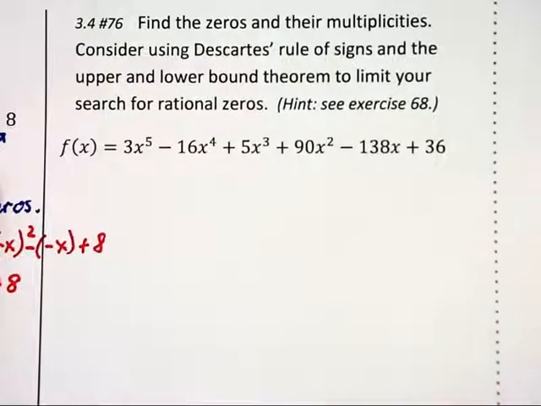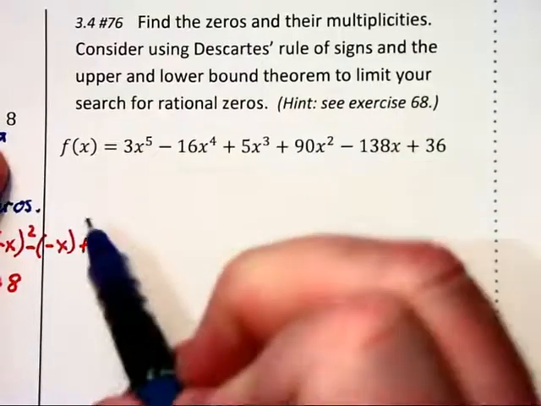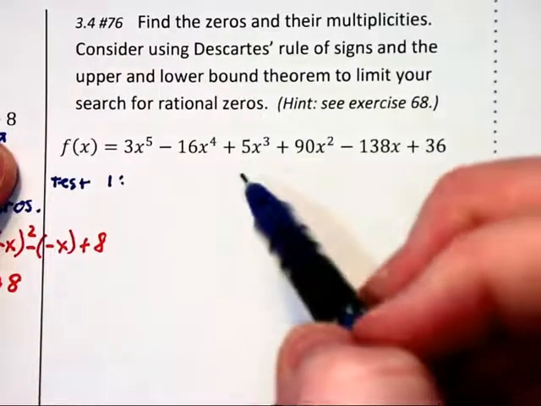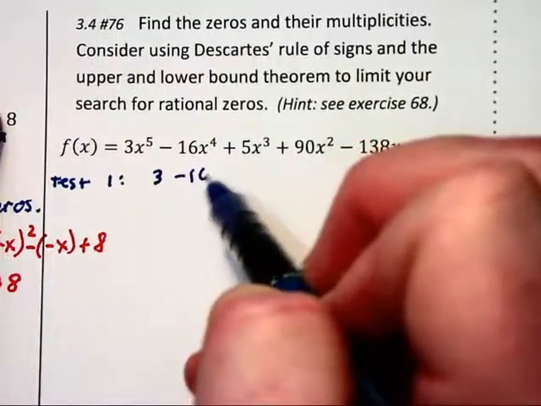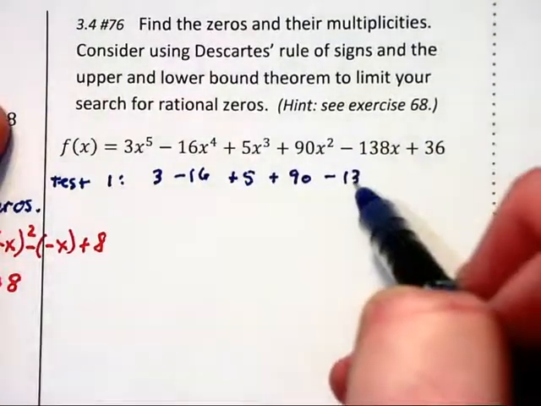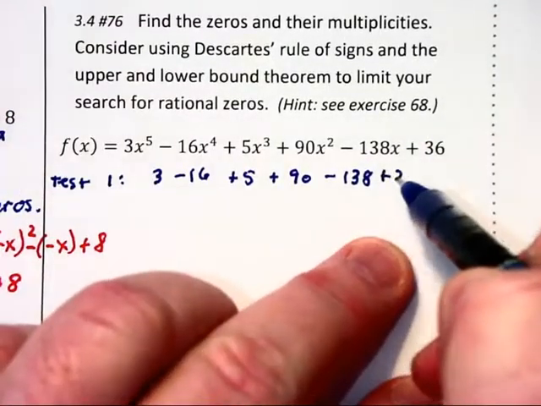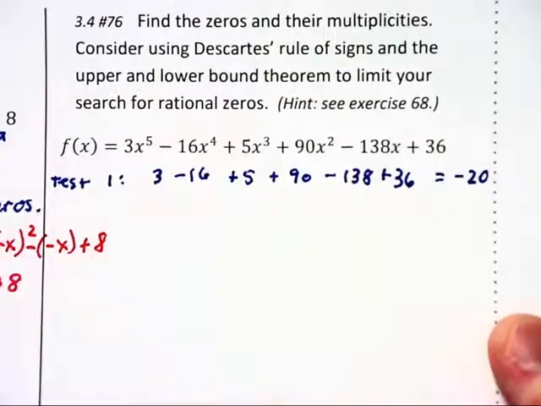Now we're being asked to find the zeros and the multiplicities, and this is the same exact function that we had a little bit ago in the last problem. So let's first begin by testing to see if 1 is a 0. And remember, the test for 1 says add up the coefficients as you see them and determine whether these equal 0. Now when I add all these up, they equal -20, and that means 1 is not a 0 of this